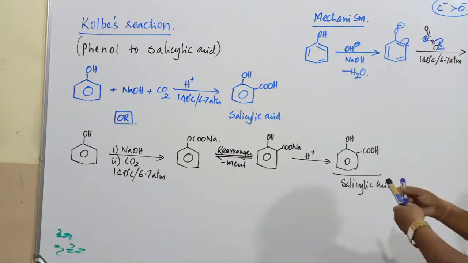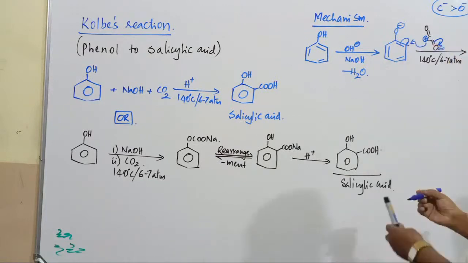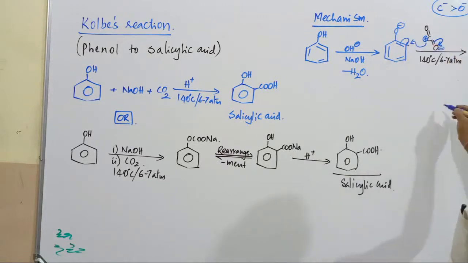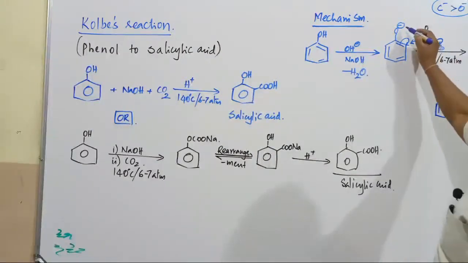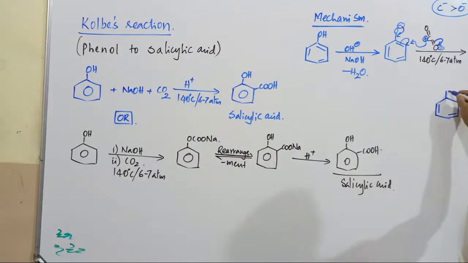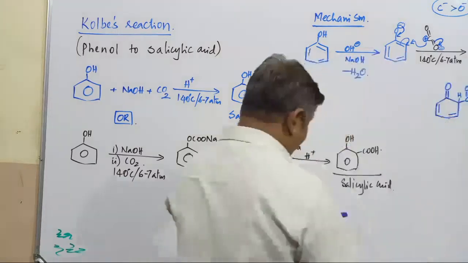So this particular carbon dioxide attacks on the carbon atom carrying what charge? Positive charge. As a result, I'll write the next product. This is double bond, this is double bond. These electrons are going to be shifted here. As a result, double bond O is there. Next one, this is carbon and double bond O. This is O minus, and here one hydrogen is present. Okay, so this is the intermediate octet here.